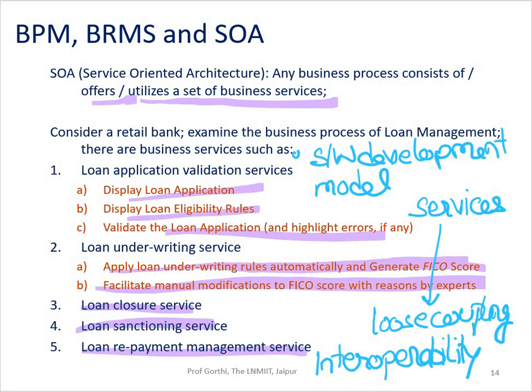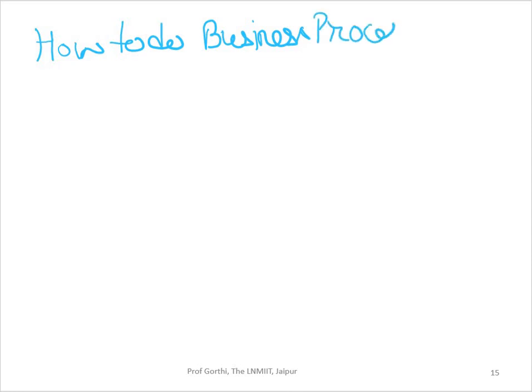Now let's go ahead with the question on how to do business process modeling, because all these topics are dealing along with these lines only. So now let's answer this particular question on how to go ahead with business process modeling. See, the first point is that there is no one size fits all solution for business process modeling. At the end of the day, it really depends on what you are trying to achieve.